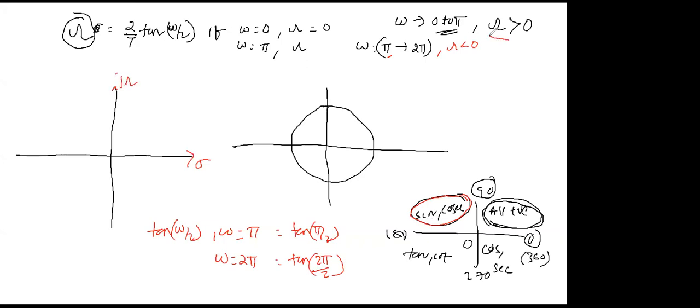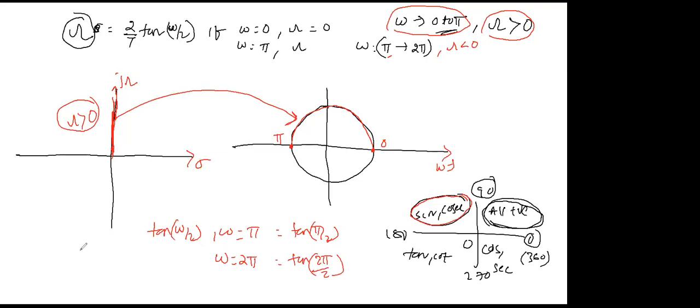So my point is here, see, it's very simple. Now capital omega greater than 0 is matched with small omega 0 to pi. Capital omega greater than 0 means the positive side. And 0 to pi, this is for the z domain. 0 to pi means this point to this point, yes or not? We can say that this capital omega greater than 0 matched with the upper half circle.